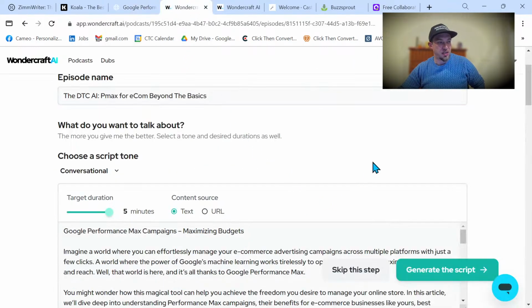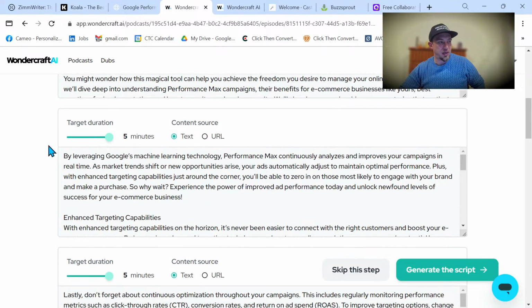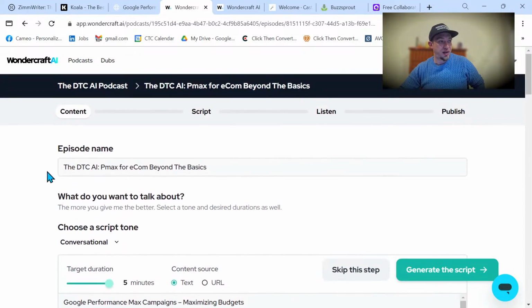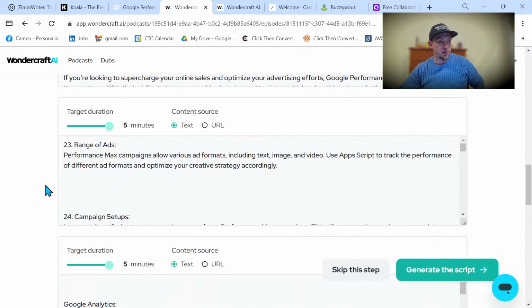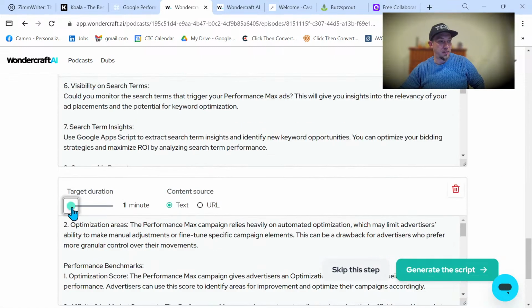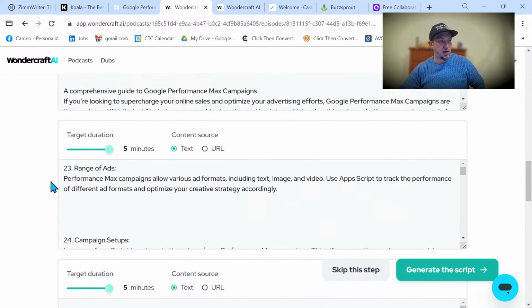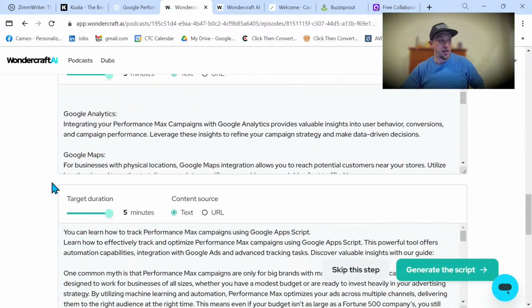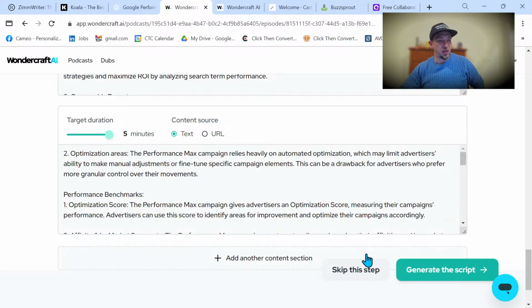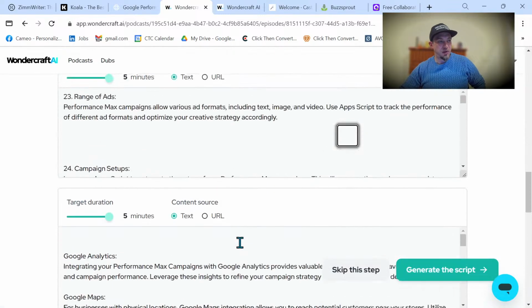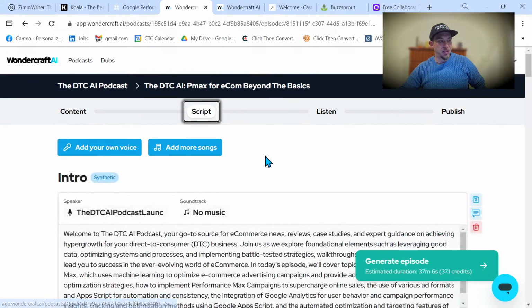So that's where this came from, and if you actually want to listen to it, I'll also put that link in here. But see, we've got this all broken down already, and I'll actually walk through the process with you. So I had already pasted all this in here, broke it down, hopefully changed all these, and we're gonna have quite a nice podcast from this. This is how much content I had from my blog post, and then we generate the script. I don't want to overwrite anything. So we generate the script, and then we get to the next scene here.